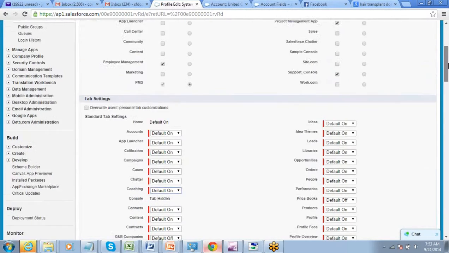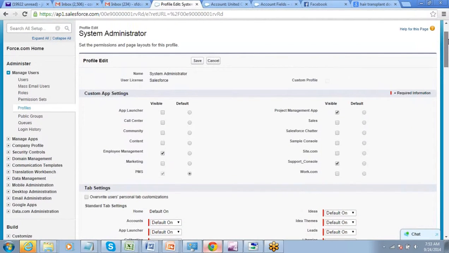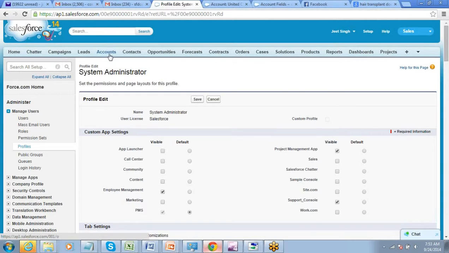So if you want certain tabs to be available directly, and this is about the profile, not about the entire organization. All the users who have this profile, these permissions will be applicable only to them. Whatever I am changing is applicable to system administrator, not to someone else.